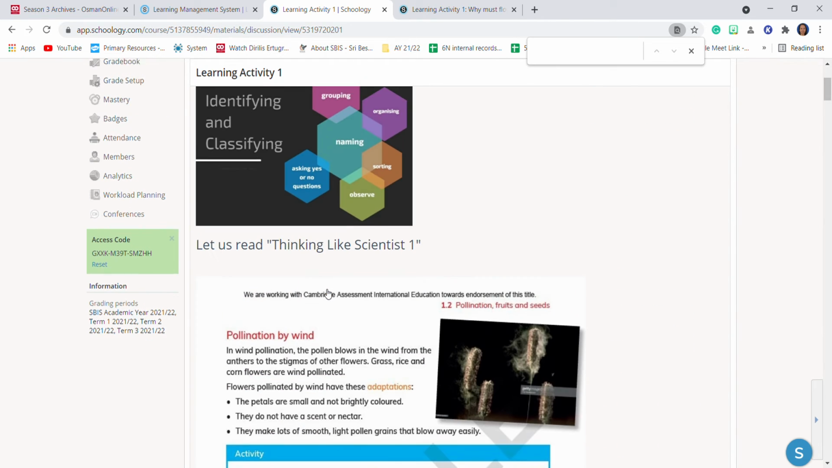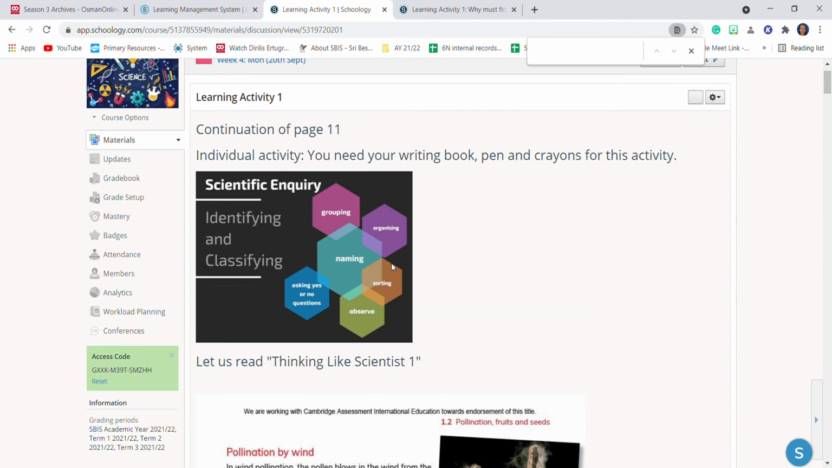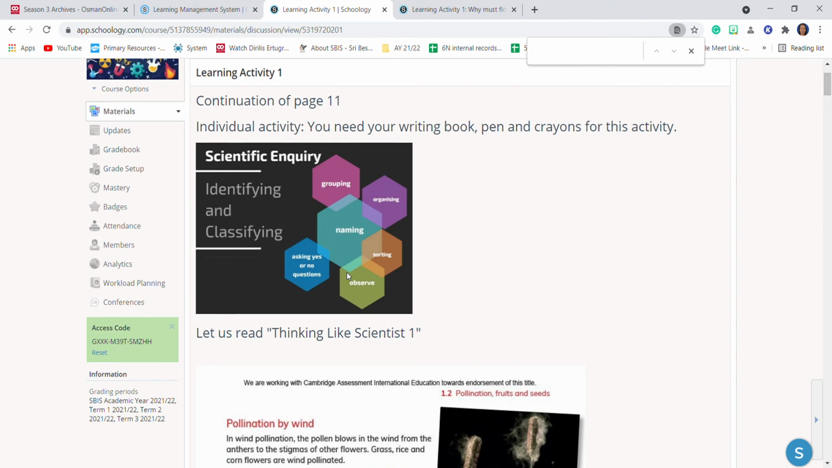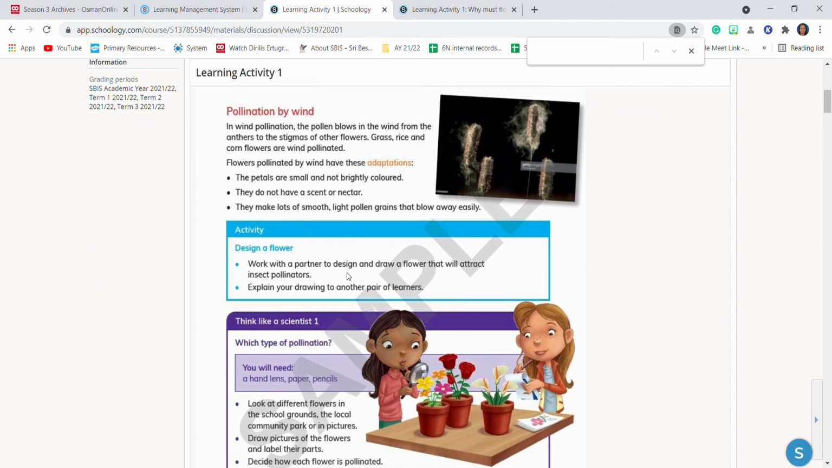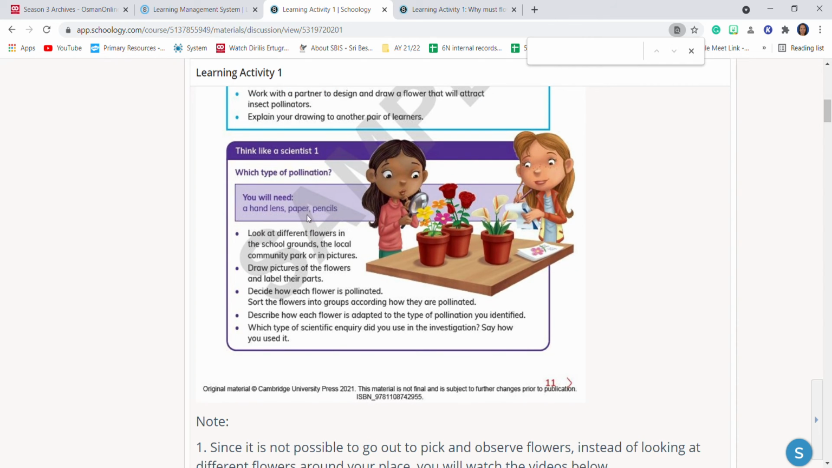We also had an activity to develop your scientific skills of identifying and classifying. If you remember, "Think like a scientist 1." We've conducted this activity, but as I told you, since it is very limited for you to move outside due to our situation,